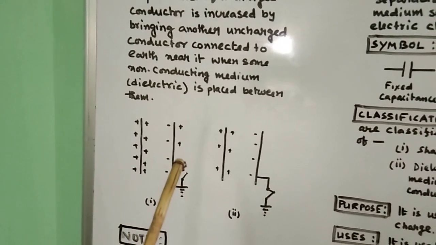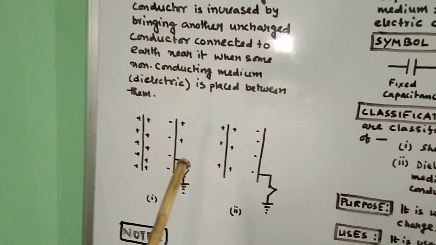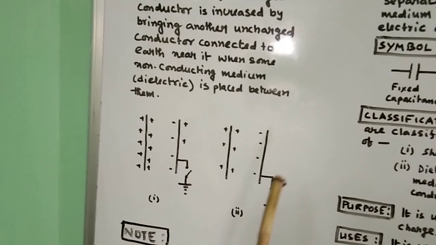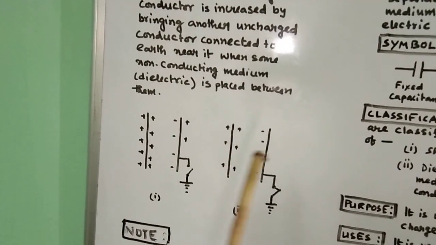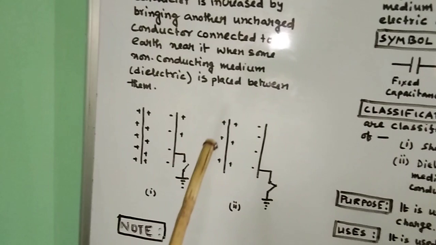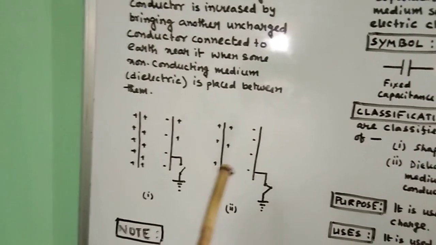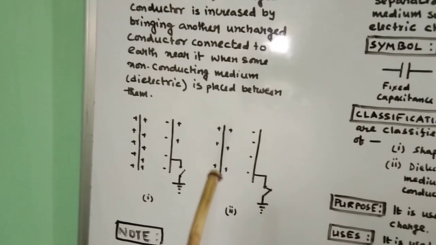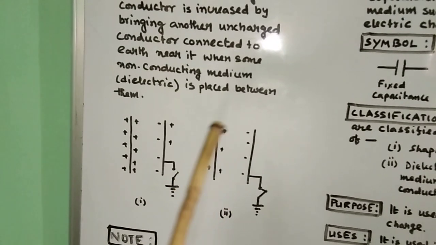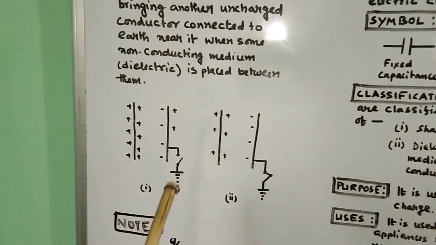So the far face we have connected with the earth. This diagram shows that there is no connection, only the connecting wire is there. Now when you connect this one to the earth, what will happen? The positive charge goes. Now this negative charge will try to nullify some of the positive charge which is available in the conductor. If it nullifies some of the positive charge, it means there are some empty spaces available now. So you can add more charge. If you can add more charge, it means it has more capacitance.